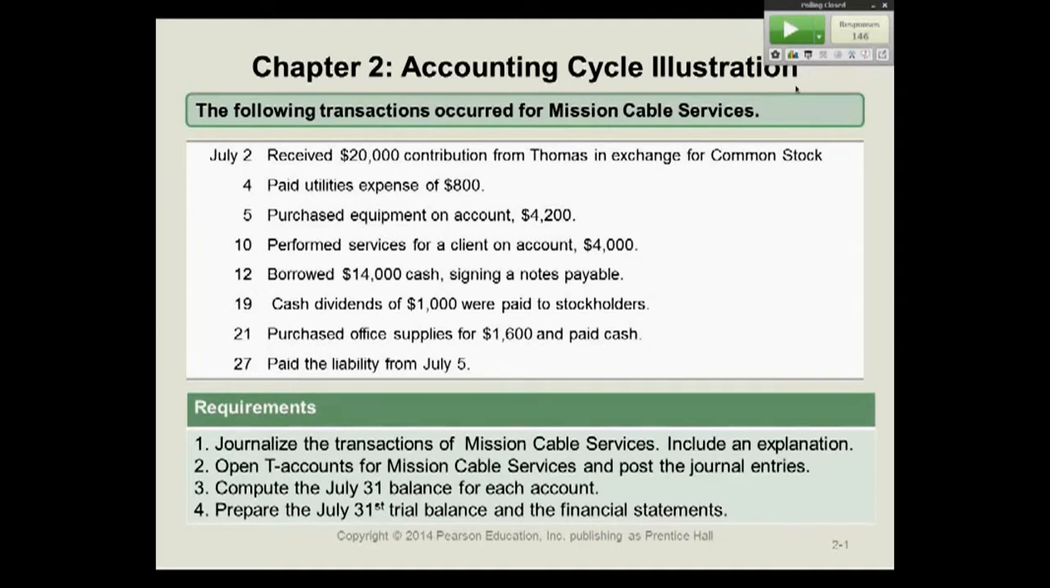So this one, let me get this up on the screen for you. All right. So this would be a debit to utilities expense for $800 and a credit to cash for $800. And then, I'm not going to do the posting references. When you post them, then you'd have the debit going to utilities expense, the credit going into cash, and then